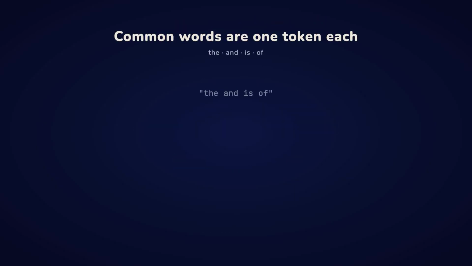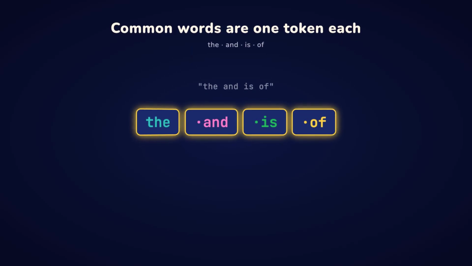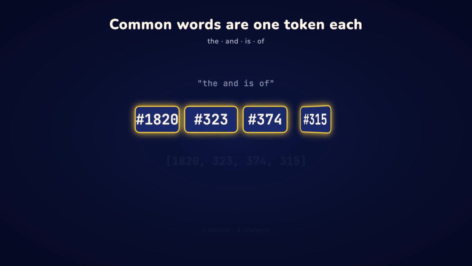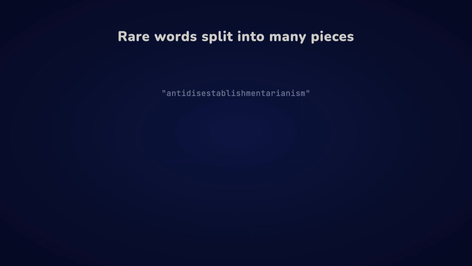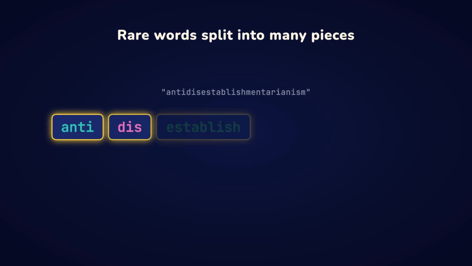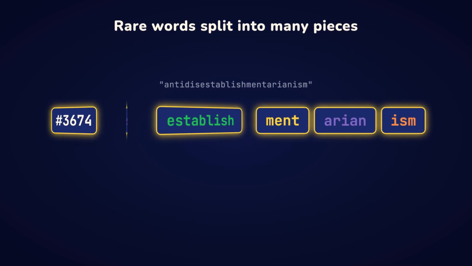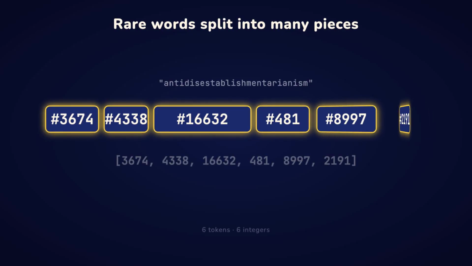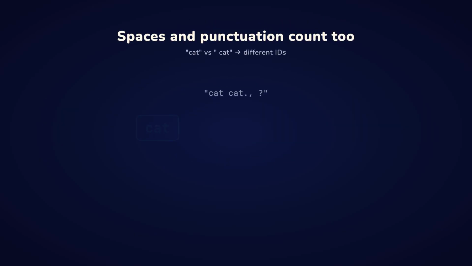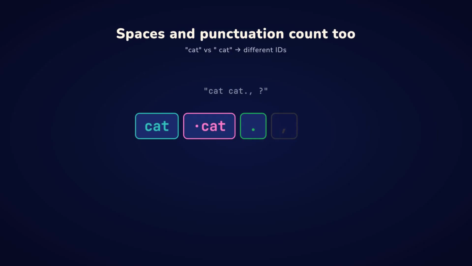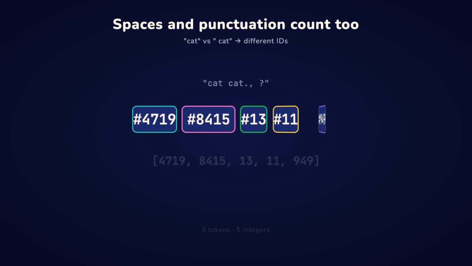Very common words like the, and, is, of each get their own single token. They show up so often that giving them a dedicated ID can save enormous amounts of space. Rare or made up words get sliced into smaller pieces. The word antidisestablishmentarianism becomes 6 or 7 tokens. Your last name might split into three. Spaces and punctuation are tokens too. A leading space usually belongs to the next word's token, which is why cat and space cat often have completely